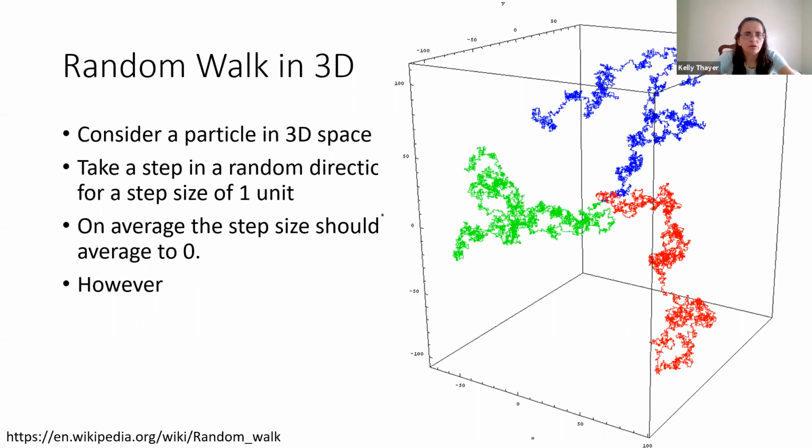So consider a particle in 3D space. Suppose you take a step in a random direction for a step size of 1 unit. So then on average, the steps should basically average out to be 0. However, that is not always the case, and we can actually, in fact, get displacement. So this figure over here is just showing